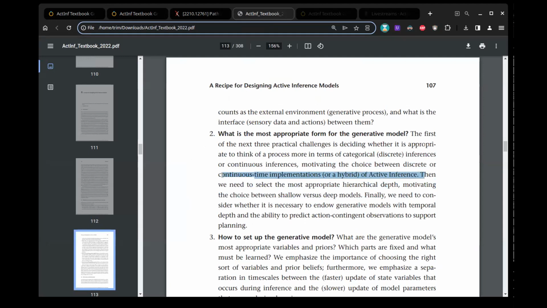And you can also make hybrid implementations. So the most common hybrid implementation is in the folk psychological setting, where decision-making is discrete at a higher level, like, should I reach for the orange or the apple? And then at the sensory motor or lower, smaller, or faster level, you have a continuous time model, like a motor reflex model.